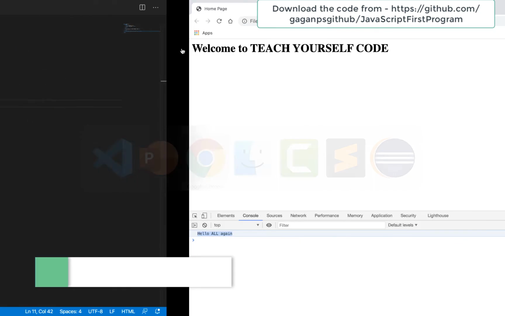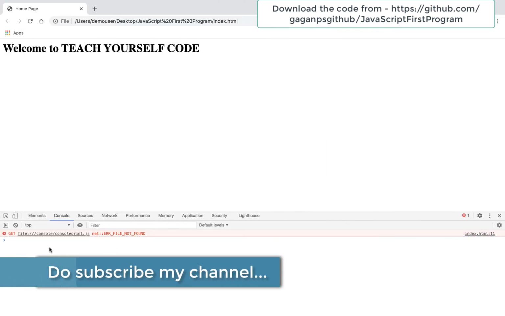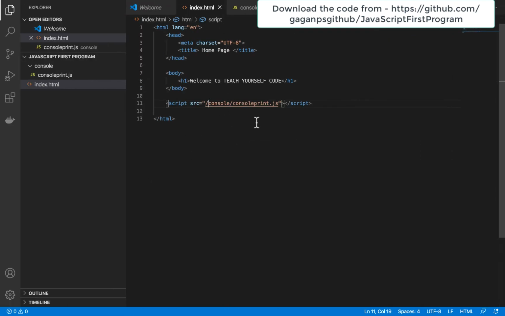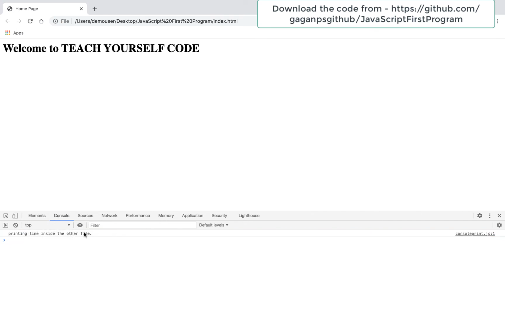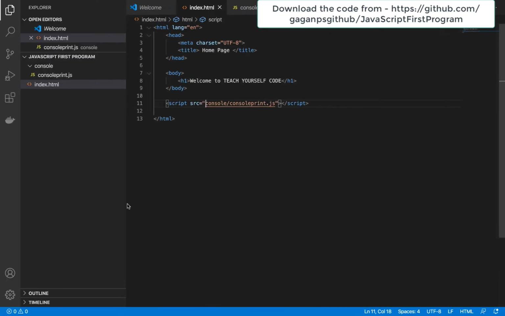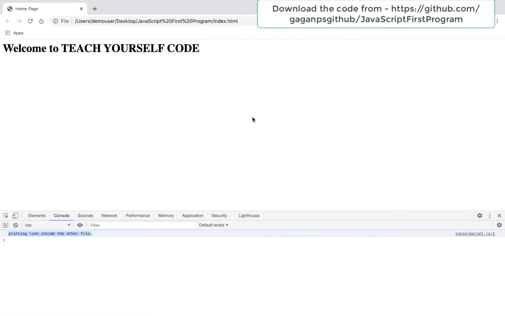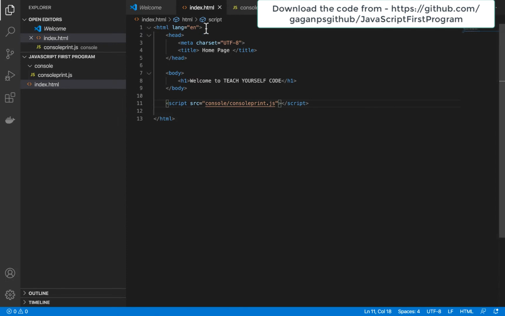I will go back here in the file and I will refresh it, and you can see, okay, there is a problem that's coming up here. It says file. Okay, so I believe we have provided something wrong. So I'll just try with this and I will refresh it again, and yes, you can see it is displaying. Previously I was having one more slash over here, for that reason it was failing. So not an issue. Now you can see we are printing something from some other file. So it is another way of printing or getting details from an external file. So it's called using JavaScript in external mode in an HTML file.